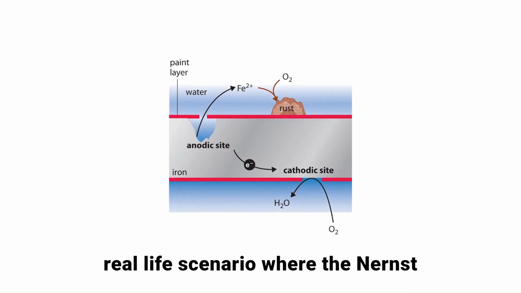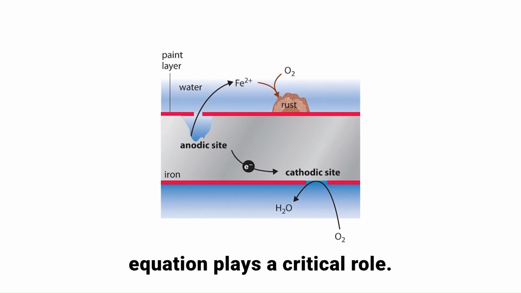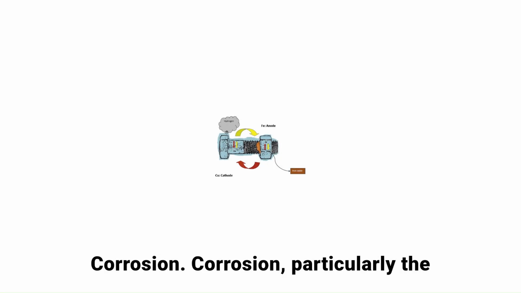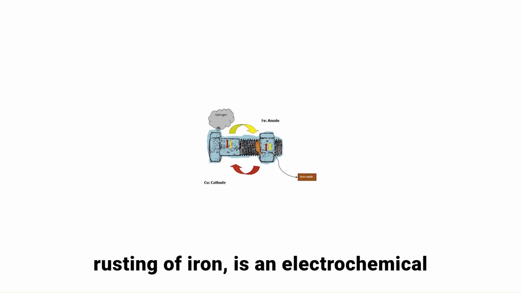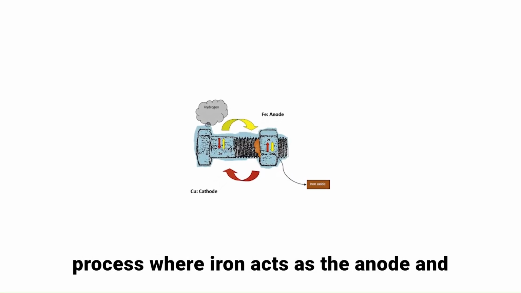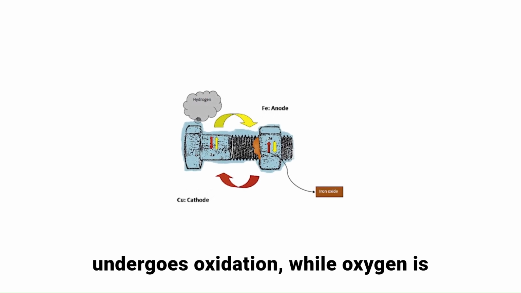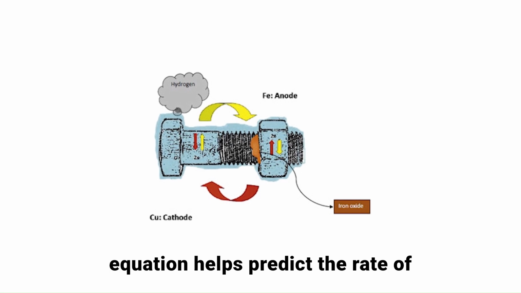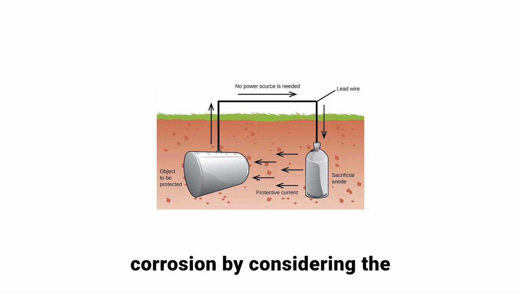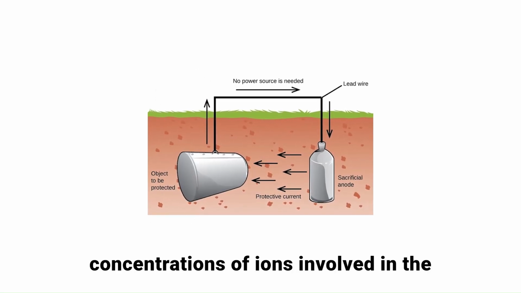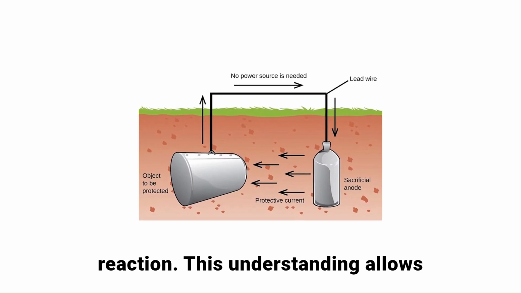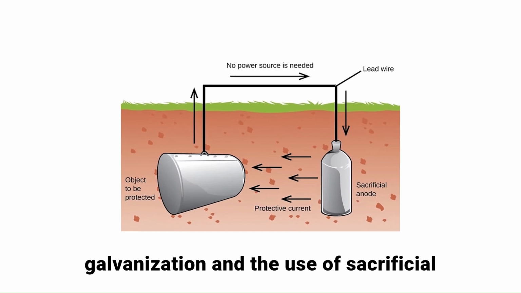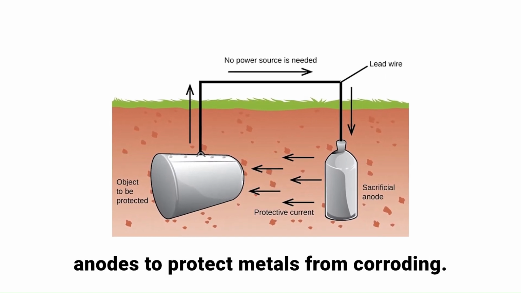Let's now explore a real-life scenario where the Nernst equation plays a critical role: corrosion. Corrosion, particularly the rusting of iron, is an electrochemical process where iron acts as the anode and undergoes oxidation, while oxygen is reduced at the cathode. The Nernst equation helps predict the rate of corrosion by considering the concentrations of ions involved in the reaction. This understanding allows us to take preventive measures, such as galvanization and the use of sacrificial anodes, to protect metals